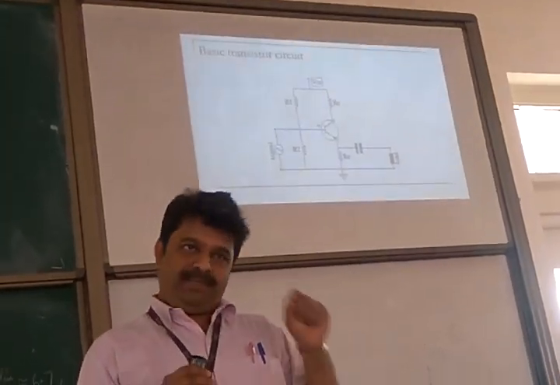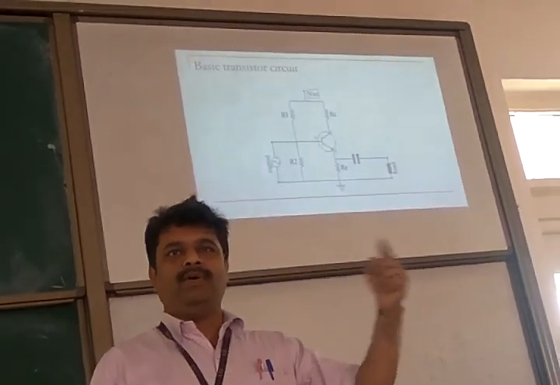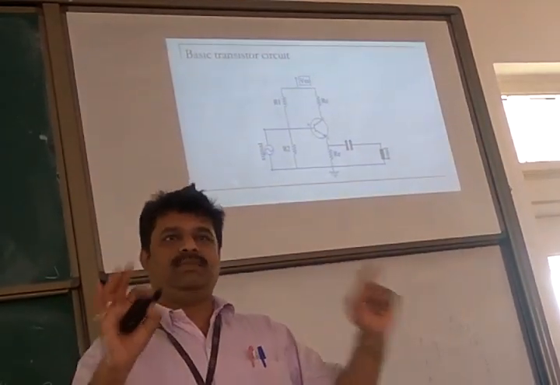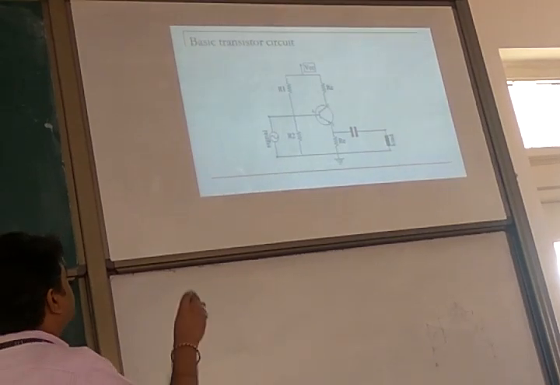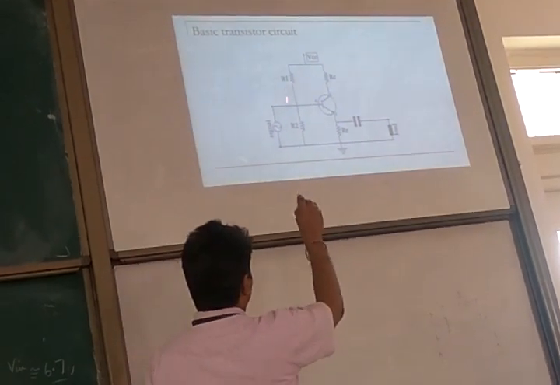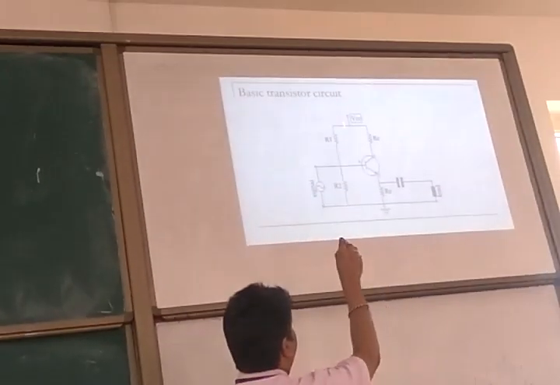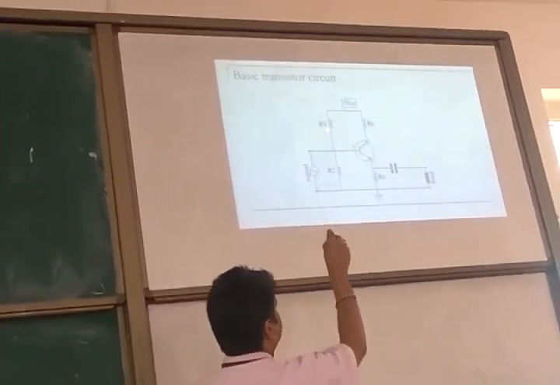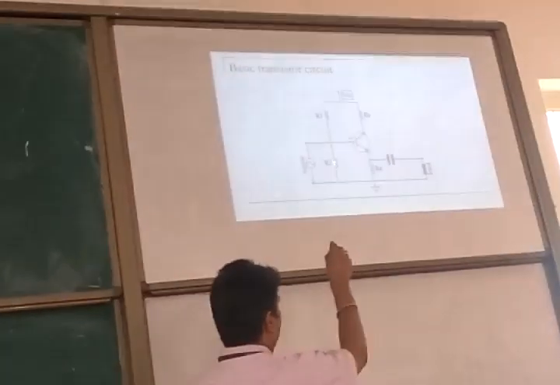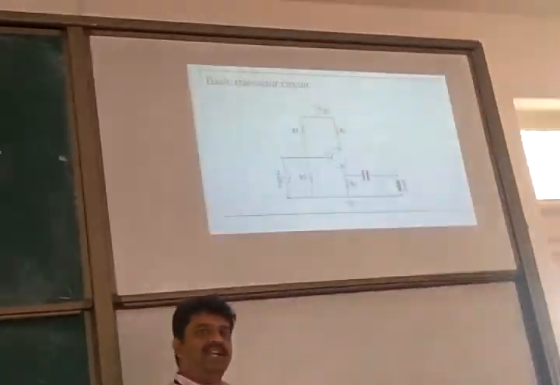Keep some reference value. Anything above is positive, anything below is negative. That much you fix it now. So you understand why this portion of the resistors come. It is basically a voltage divider circuit in order to establish some reference voltage above which we have positive value, below which we have negative value, because my input signal is